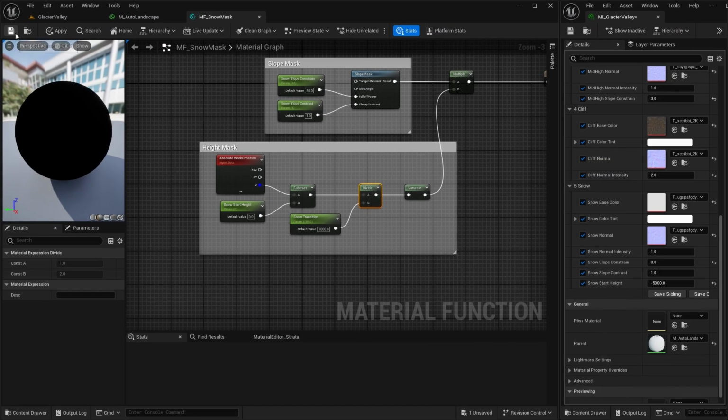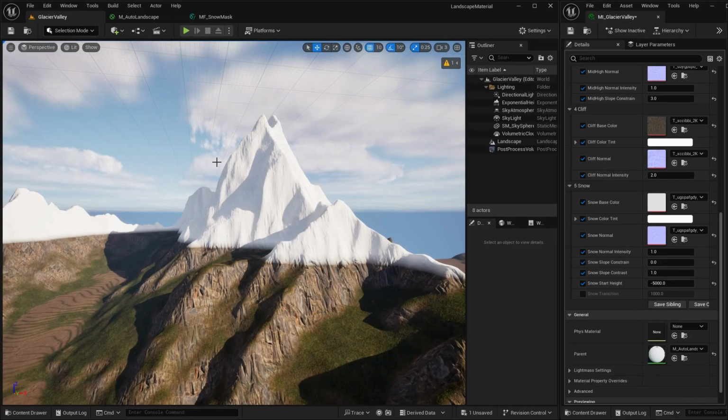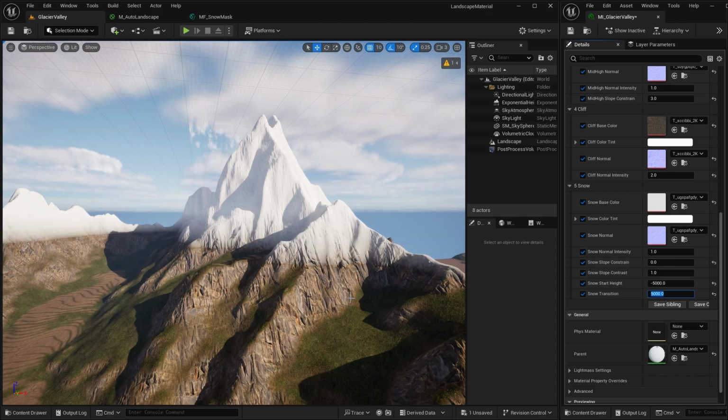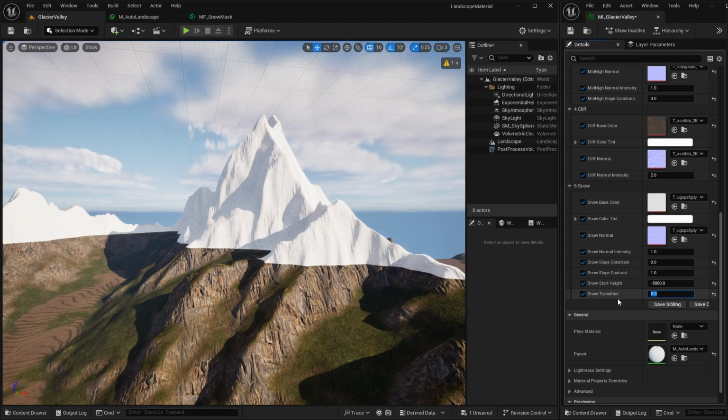And if we now come back to the landscape, you can already see that there is a slight smoothing. So where that was 0 to 1 meter, it's now taking 0 to 1,000, 0 to 1 centimeter. Now it's taking 0 to 1,000 centimeters and collapsing it down, so that's the mask transition. And we can now change that. So we make that 1,000 5,000. You can see that it now blends over 5,000 units. If we put it back down to 0, we get that harsh